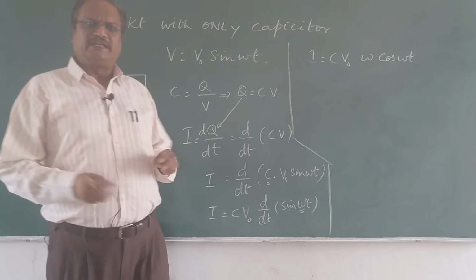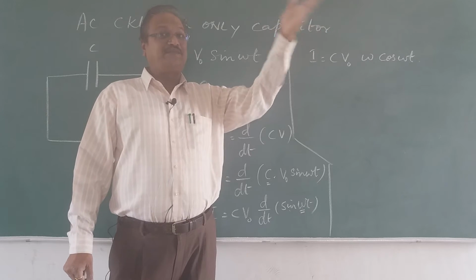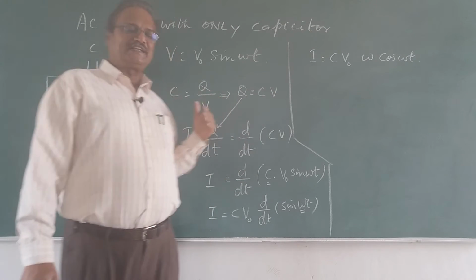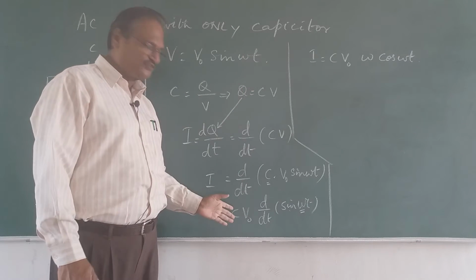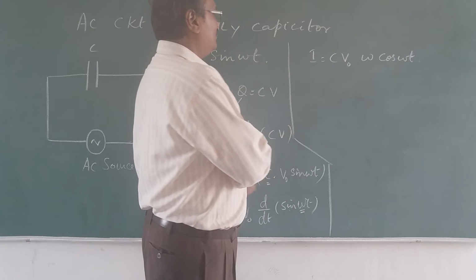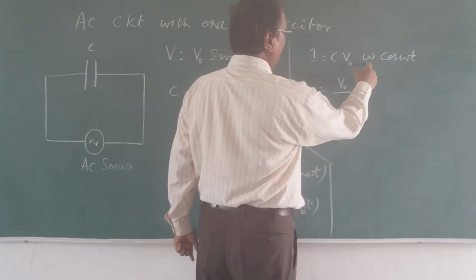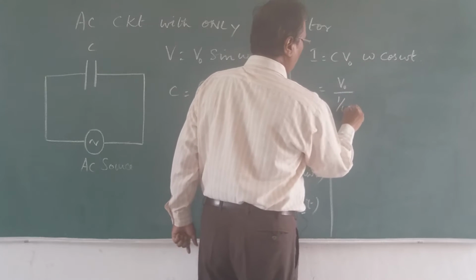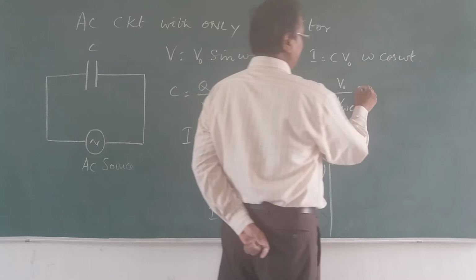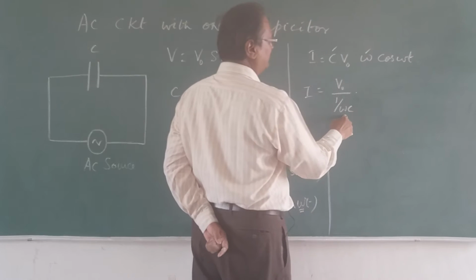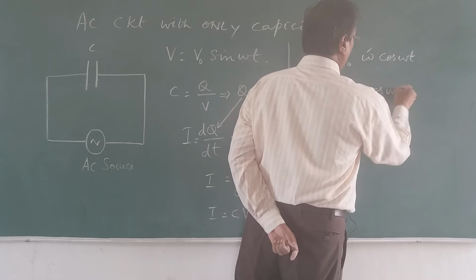Nothing to worry. In inductor you did integration, where you divided by omega. In capacitor you differentiate, so you just multiply. So that is equal to V0 divided by, I can write it as 1 upon omega C. There is a reason for that and I will tell you what the reason is. Into cos omega t, which I write as it is.